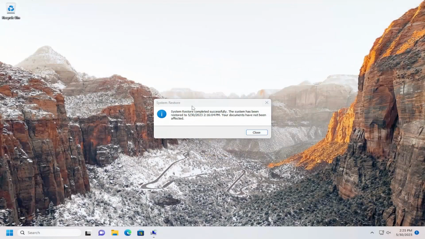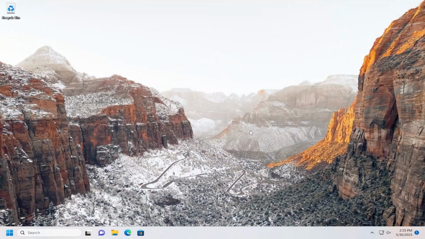Okay, so system restore is completed successfully. And once again, hopefully your issue has been resolved. If you're still having a problem, like I said, I'm going to show you guys a previously made section of a tutorial about resetting your master boot record, assuming you're able to get into the advanced troubleshooting settings,